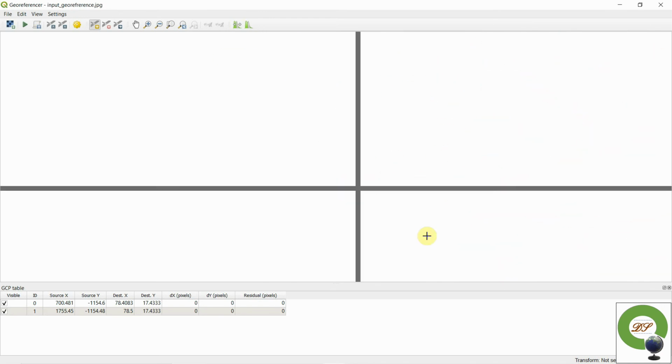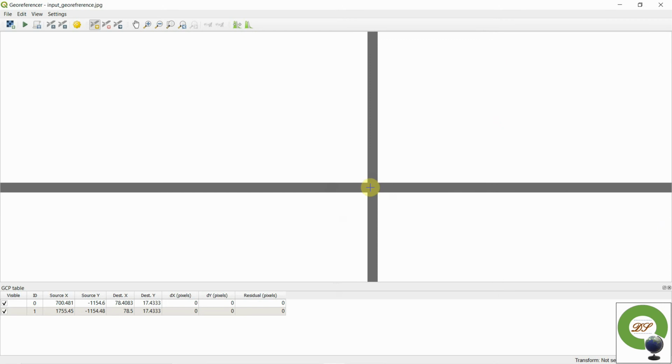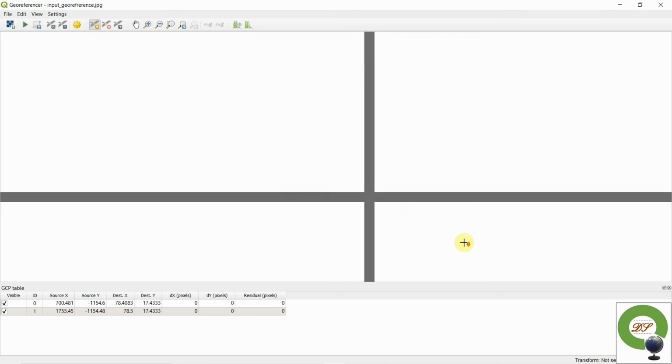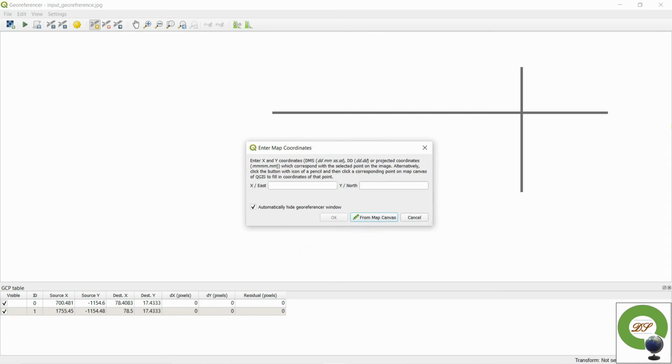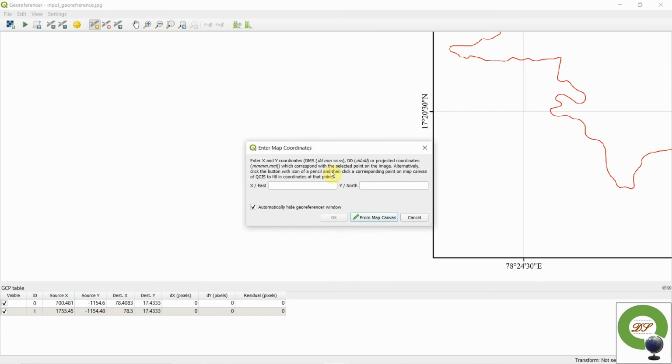Now third one. Go here and save. The add point is already on executive mode. Click here and again add latitudes and longitude. 17 degrees 20 minutes and 30 seconds.